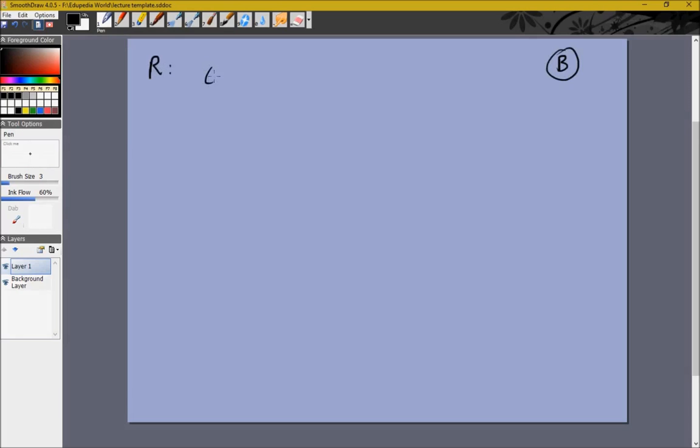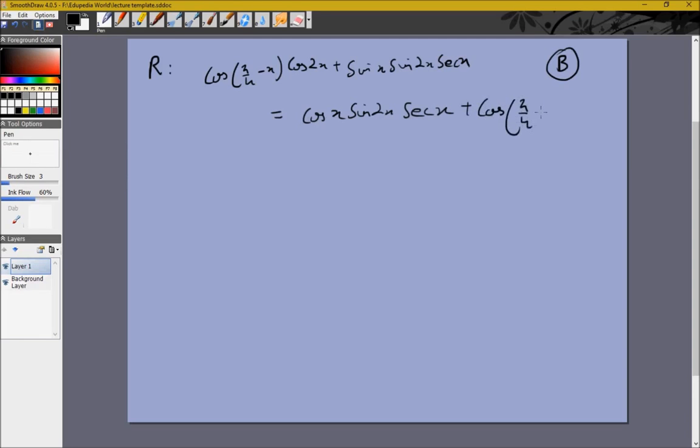So R says that cos of pi by 4 minus x cos 2x plus sin x sin 2x sec x is equal to cos x sin 2x sec x plus cos of pi by 4 plus x cos 2x. So we can open up these two terms knowing the formula of cos a minus b and cos a plus b. So it gives us